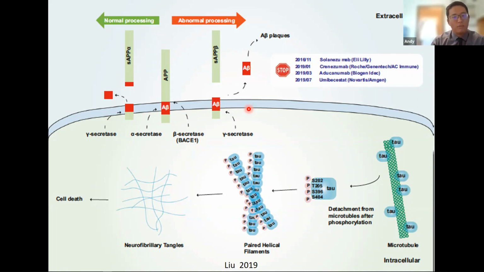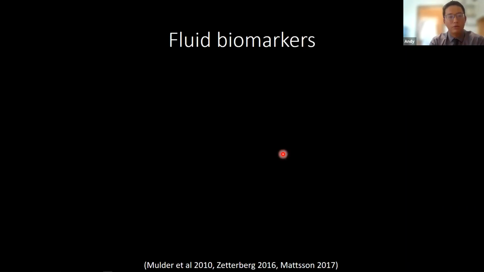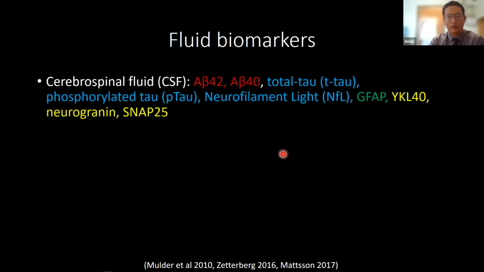Now, I do want to mention ApoE real quickly in this pathogenesis. I think there's definitely some evidence that interacts with the A beta plaques, both soluble and insoluble, but the definitive interaction is still under investigation at this time. Now, going to the fluid markers, I want to kind of introduce two major categories: the cerebral spinal fluid biomarkers and then the plasma biomarkers.